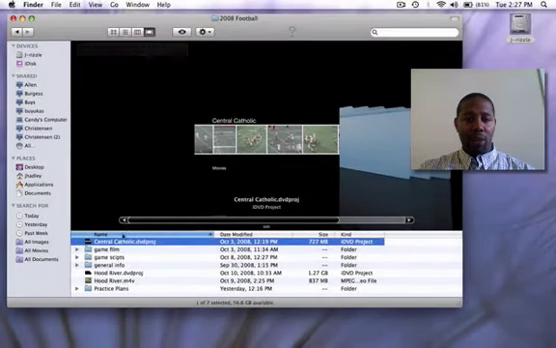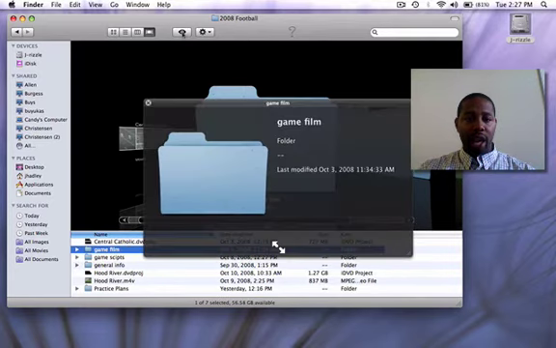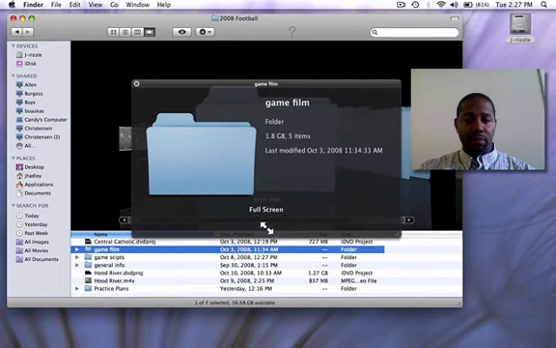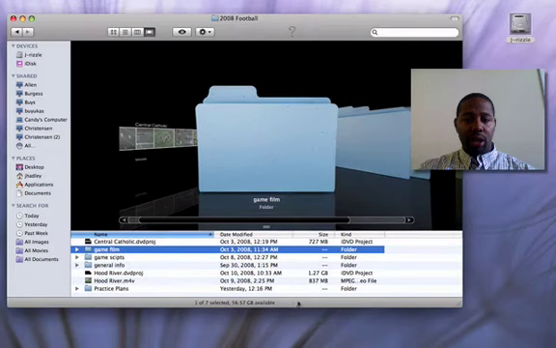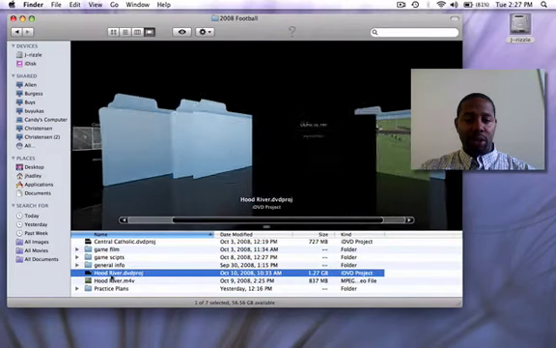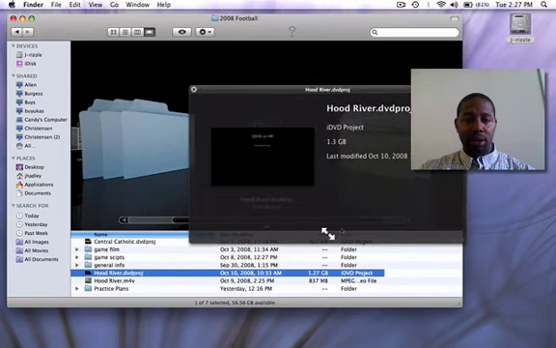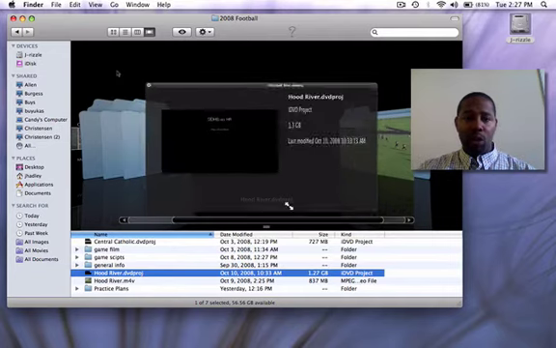Let's say, for example, I wanted to look at something without actually opening a file. I could go here to info, and it actually kind of goes in there and shows me. We can go full screen here. Actually, it doesn't work with folders. Let's see here, info. Okay, I guess it doesn't work with folders or with movies, but I know it works with,